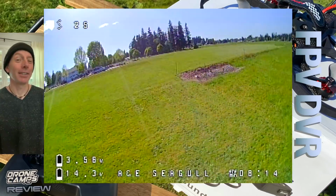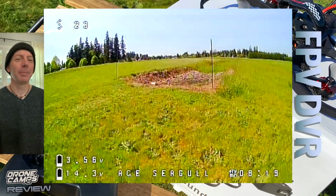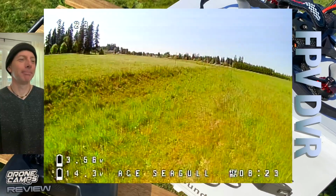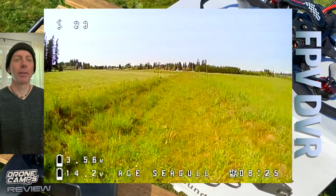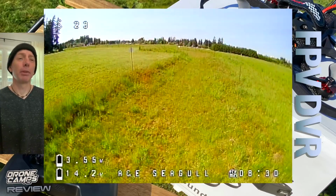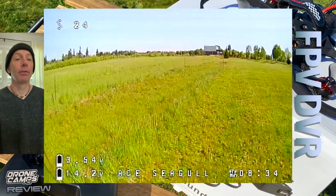And she's fast when you want her to be. So you can slow her down, you can speed it up. It flips and rolls without washout. I mean, how much better could this review have gone today? And with all of this wind, the fact that it performs like this in this wind,